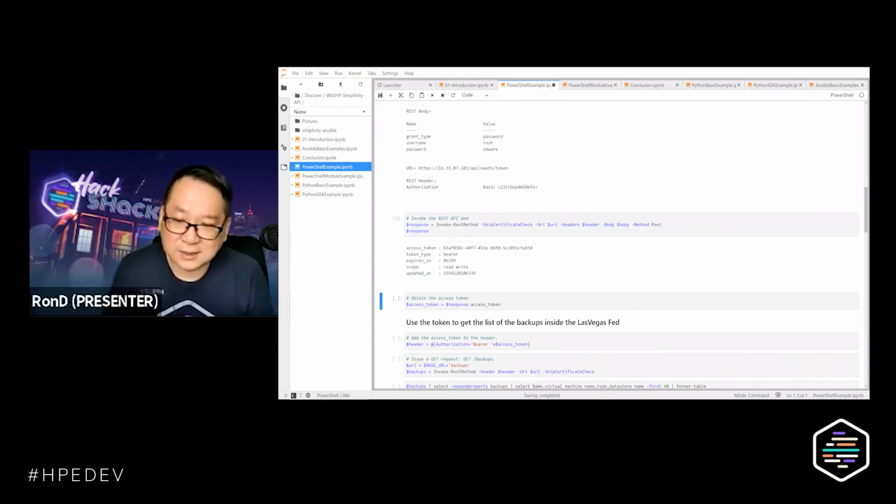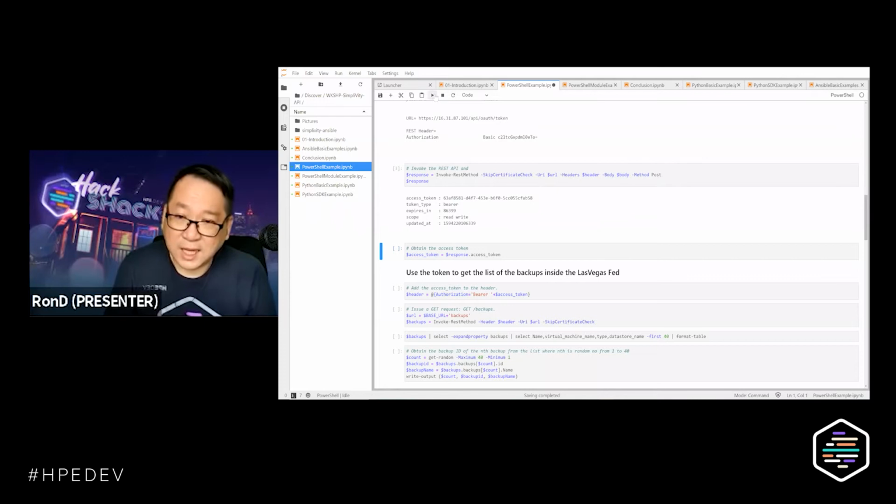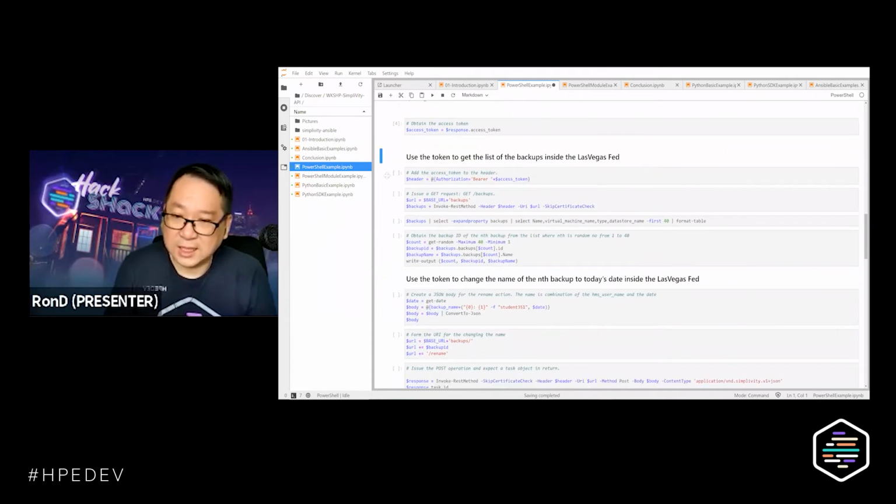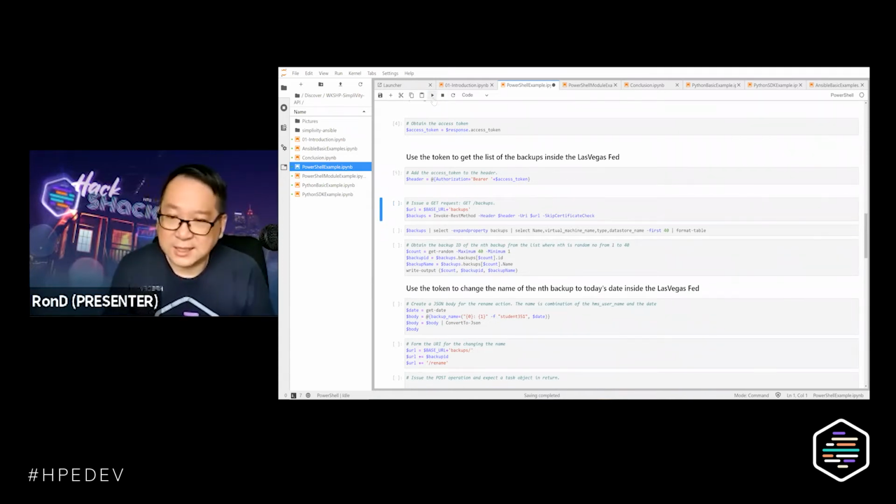And then we can see that our access is enabled. And we are provided with this access token here with a special GUID, I think, which can be hard to copy. And then we will copy out that access token and use it for the exercise to see the list of the backups inside. Oh, my apology. This is not Las Vegas, but it's our today's federation, basically. So again, just right click on that and then create the header that will be used to create the REST API call, and then issue a GET request.